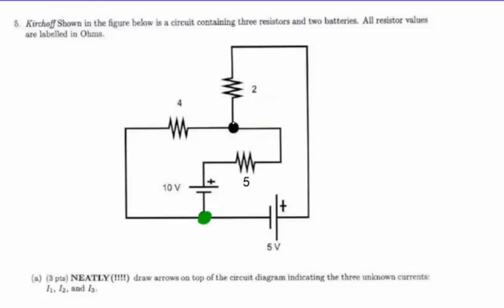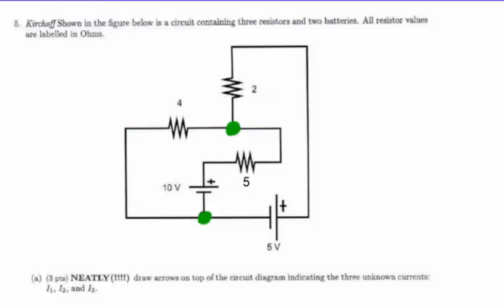It's not going to confuse us. We're going to begin, like we do most Kirchhoff problems, by identifying the junctions. There are 2 of them, as shown by these green dots. And then we're going to draw arrows that go from one junction to the other and label arbitrarily our current